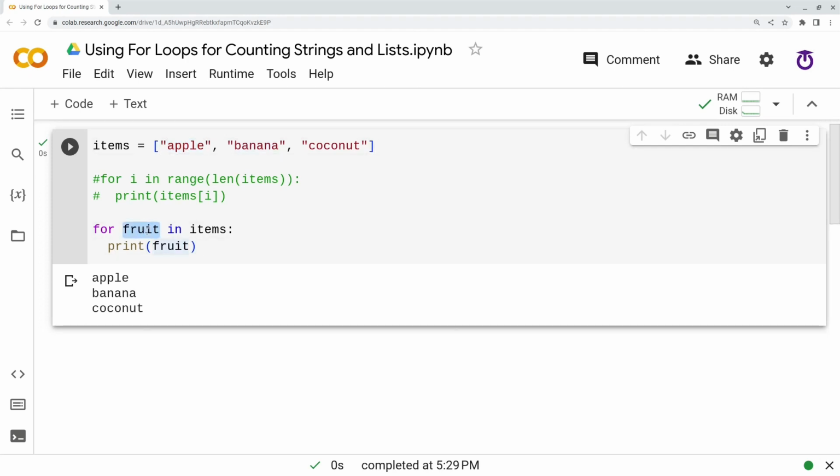And like I said, you don't have to call it items, you don't have to call it fruit, you can call it anything you want. Something relevant would be good, but you could just call it f if you wanted to, and it will still do the same thing. So that's for loops in a nutshell, really. They're really useful for looping a set number of times, either a specific value that refers to the number of times that you want the loop to execute, or looping throughout the number of items or characters in a string, or items in a list or an array.